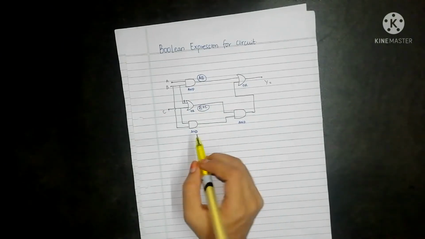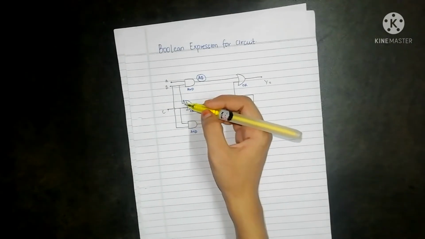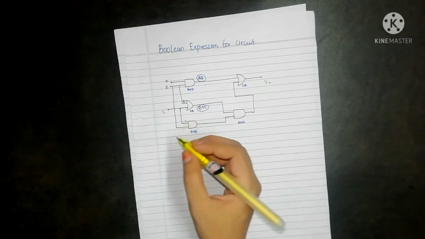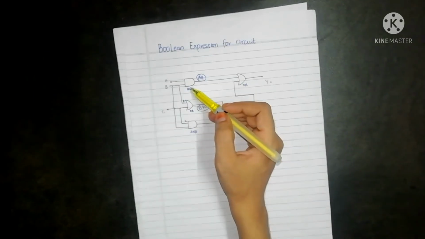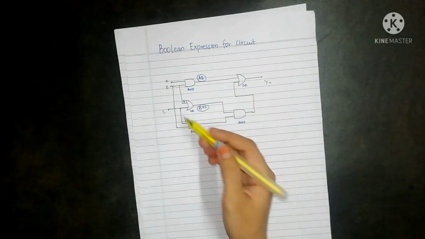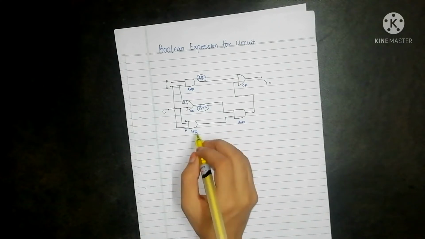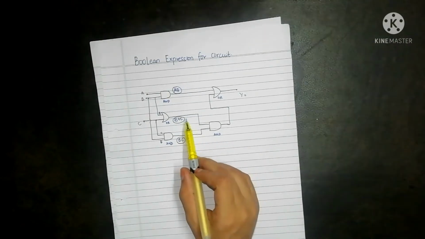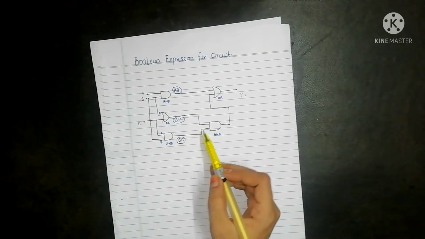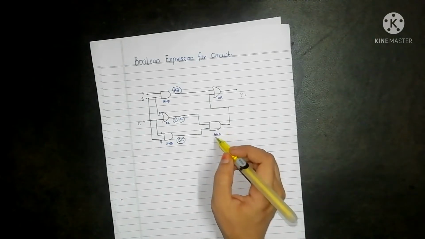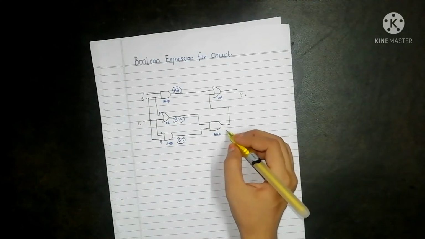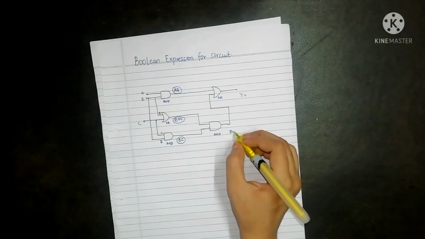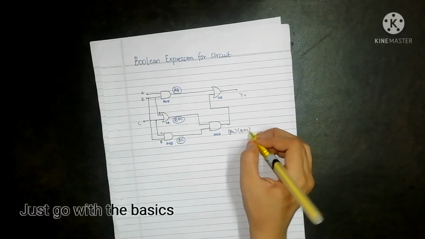Next, let's see the third gate, which is again an AND gate, and here the first input is C and the second input is again the input of the AND gate, and the wires are connected, so the second input is B. The AND gate will give the product of the inputs, so my output is going to be B into C. As you can see, the outputs of these two gates are going as input to the next AND gate, and the AND gate gives the product of inputs, so here the output obtained will be the product of B plus C and B into C. So B into C into B plus C.